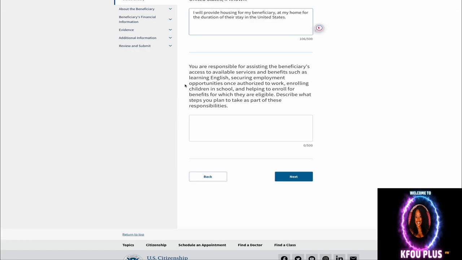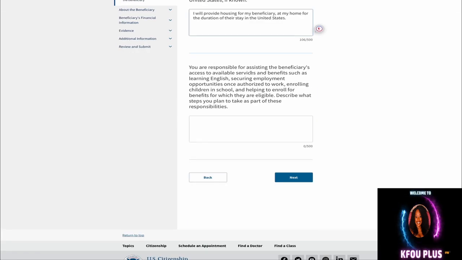All right. The next question asks, you are responsible for assisting the beneficiary to access available services and benefits such as learning English, securing employment opportunities once authorized to work, enrolling children in school, and helping to enroll for benefits for which they are eligible. Describe what steps you plan to take as part of these responsibilities. It's just really talking about how you are going to help the beneficiary while they are here, and help them find access to specific services. So what I'm going to put here is basically I